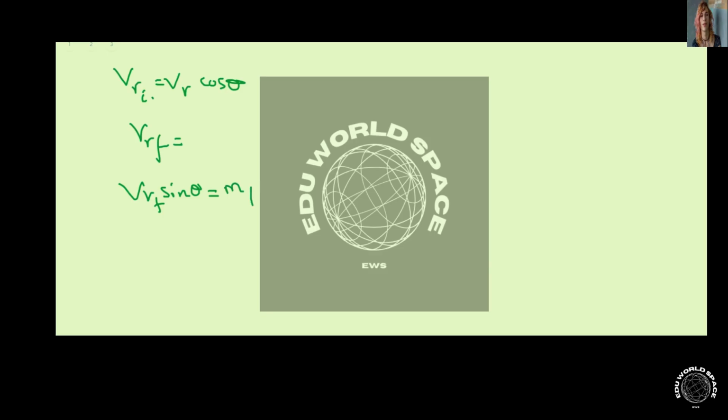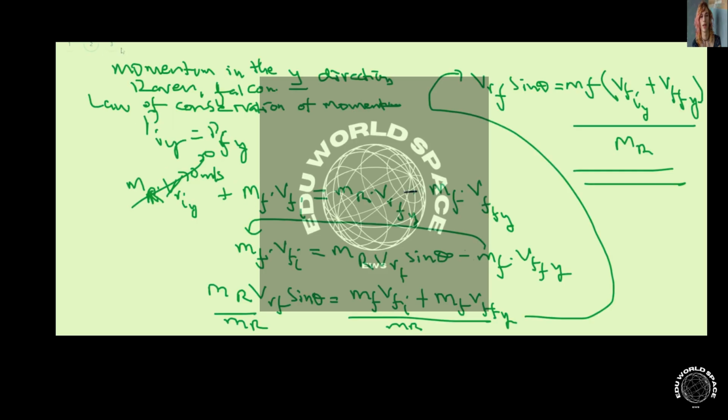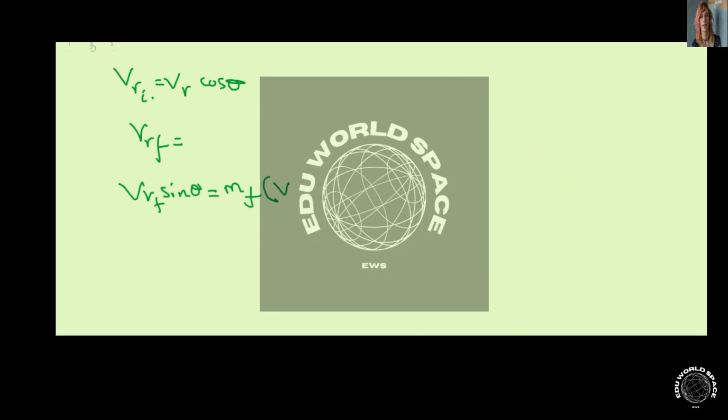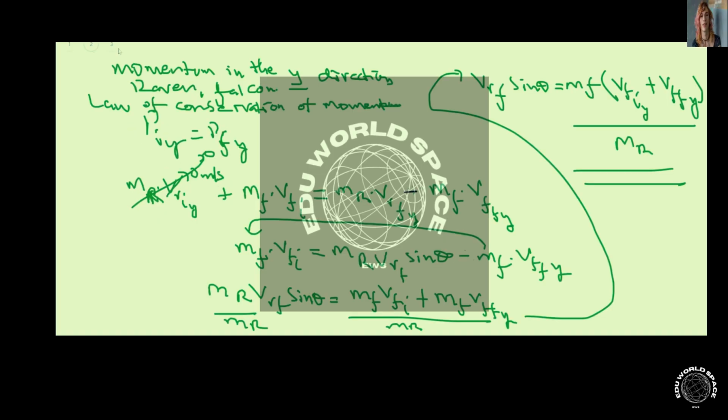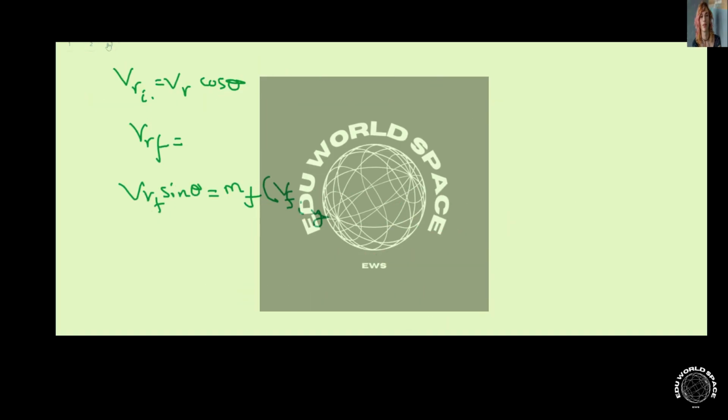MF V final initial, velocity of falcon, the initial velocity of falcon in the y direction, plus the final velocity of the falcon in the y direction over the mass of the Raven. So this is kind of where we are right now. This is the information we're processing, and we want to say that